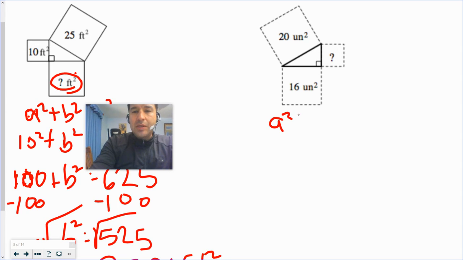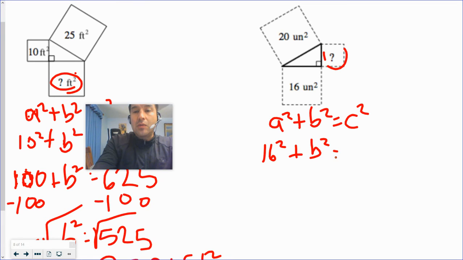A squared plus B squared equals C squared. A, I'm going to say, is 16 squared, and it doesn't matter. I could have put it as B. B, I don't know, so I'm going to put B squared equals 20 squared. 16 squared. Oh, I don't remember that one. I haven't memorized. 16 squared is, well,